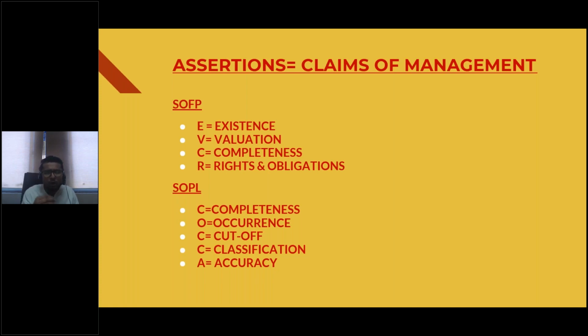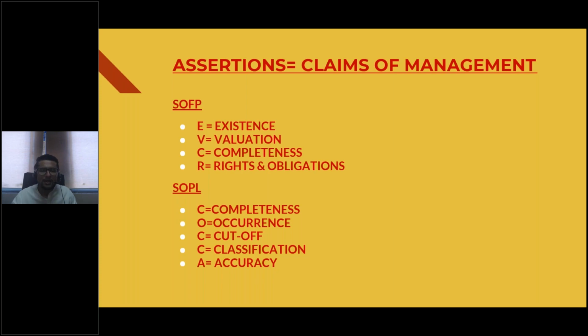Normally speaking, I do not use the word rights or the word obligations; rather I use the word ownership. So any asset which has been recognized by me as a management should be the ownership of my company. I cannot incorporate an asset in the statement of financial position considering I do not own that asset. Or maybe I do own that asset, but that asset is not under the control of my company, it is under the control of some other company. I've rented it out, so I do not have the rights of it. So when it comes to assets, you need to evaluate the rights, and when it comes to liabilities, you need to evaluate the obligations of it.